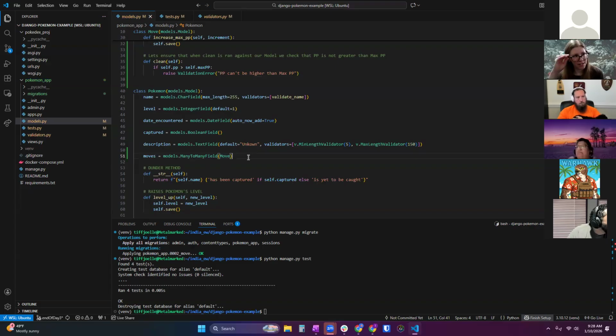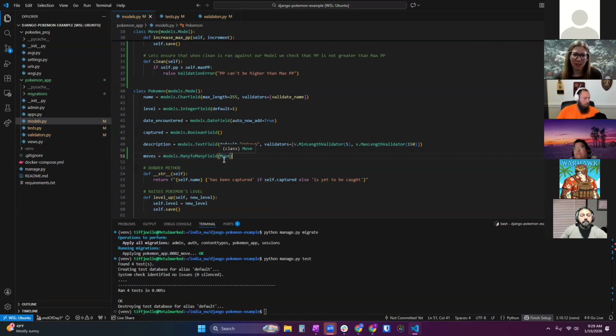So thinking back to SQL, when we made a many-to-many, we had one table, the other table, and then we had a little intermediary table that held the foreign keys from both the other ones, right? That's how it made the many-to-many relationship. We don't have to do that in Django. It does that for us behind the scenes. We literally just need to add this field to one of the models, not both, only one of them, and then say it's a many-to-many field.